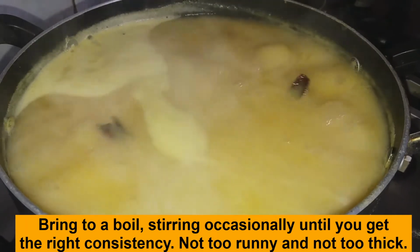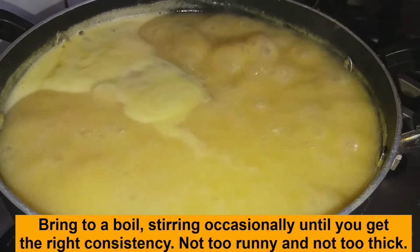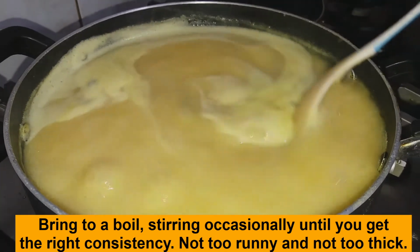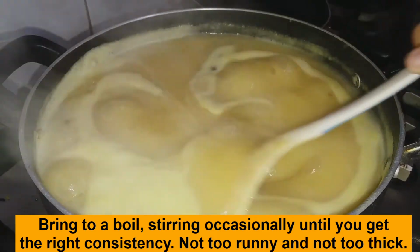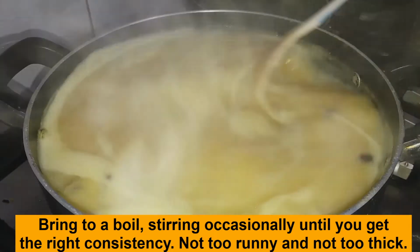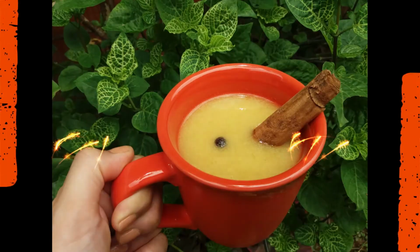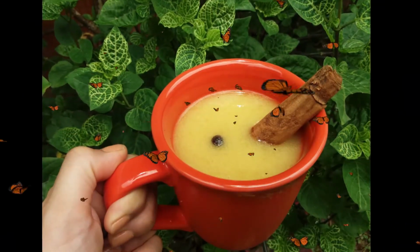For our last step, we're going to bring our atol to a nice boil, stirring occasionally until we get the right consistency. We don't want it to be too runny and we also don't want it to be too thick. Just right in the middle. Once we've hit our consistency, we're going to turn it off and we're going to let it cool just for a couple of minutes. And voila, we have our delicious atol de piña, a smooth and velvety texture with a